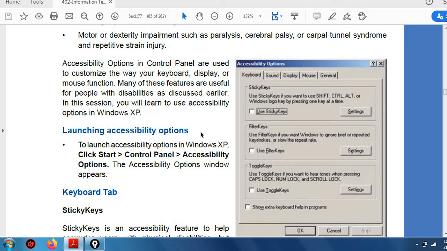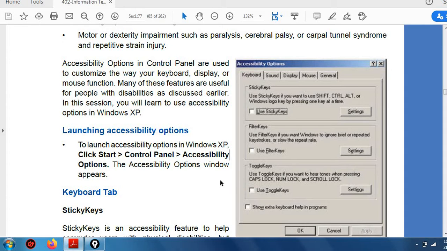Launching accessibility option. Okay, we will launch. How will we start? From where will we change the settings? To launch accessibility option in Windows XP, click Start and then go to the control panel and then accessibility option, right? We have to first click on start button, then control panel, and then go to accessibility option.